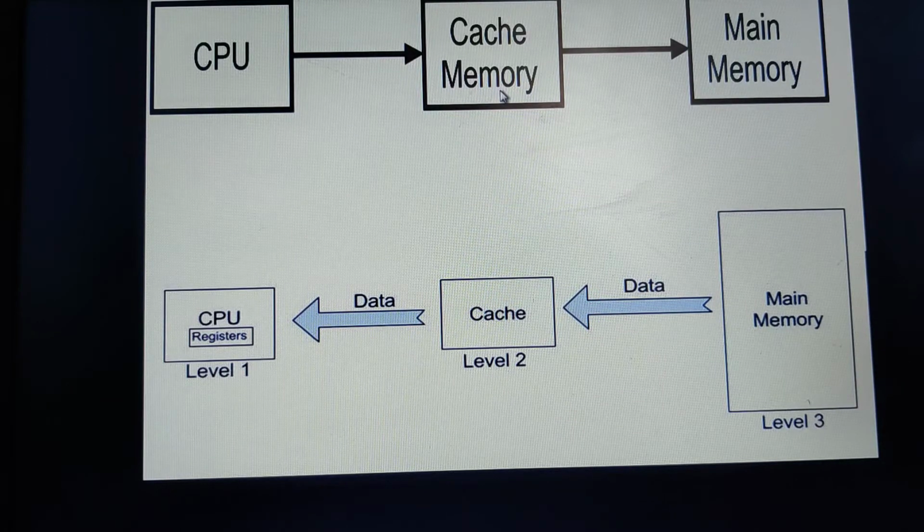The recent instructions that are required for processing by the CPU, such data and instructions will be stored in the cache memory. Then during processing, what happens? The CPU will first look for the data and instructions needed for the processing purpose in the cache memory. If the data is not available in the cache memory, then only the CPU will look for the data and instructions in the main memory.